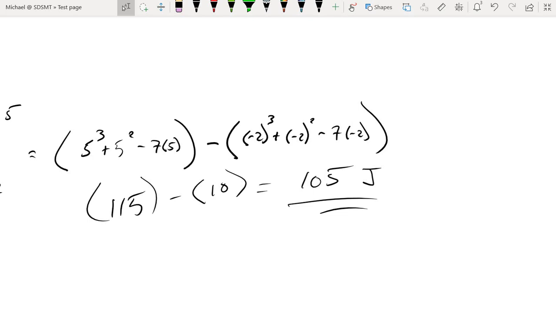And that brings us to the end of the video, and as such brings us to the end of Chapter 7. So the next video we will be starting Chapter 8 material. However, we're still going to refer back to quite a bit of the Chapter 7 material as we transition into Chapter 8. So until then,